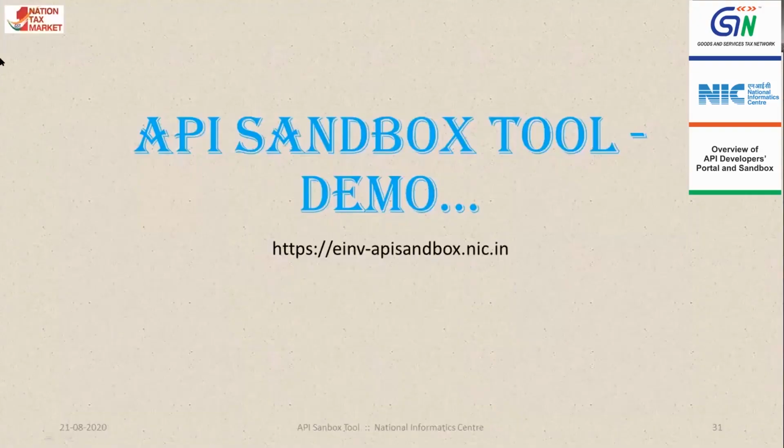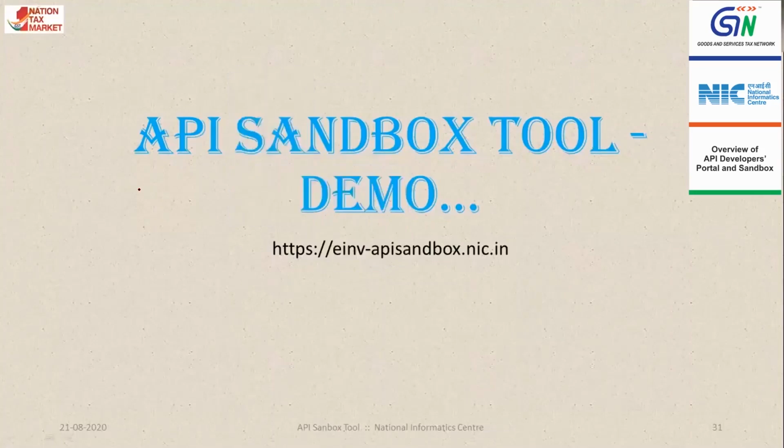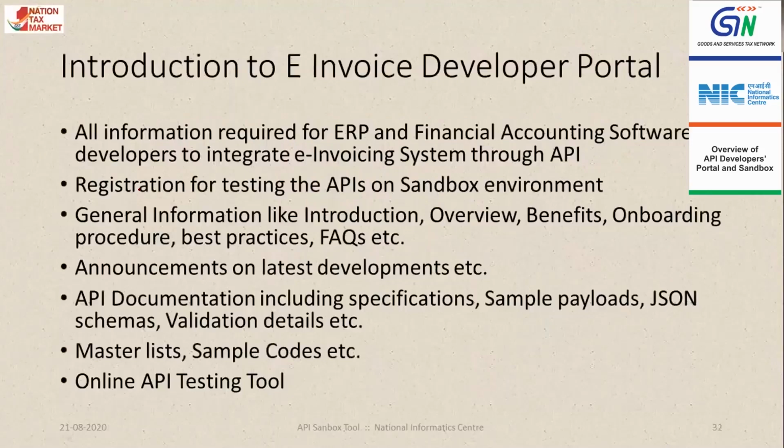So let us just have a look at the API Sandbox tool. This is available at einv-api-sandbox.nic.in. So this is a developer portal. This will provide all the information required by the application developer to integrate the e-invoice APIs into their ERPs and financial accounting system. So this portal also provides the registration facility which is required by the eligible tax payers and